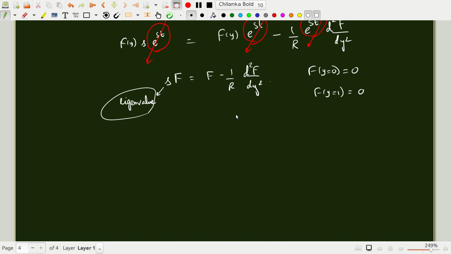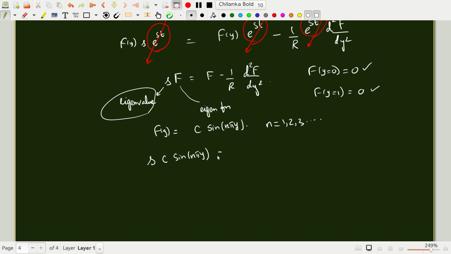You might as well guess the solution because you have the function f, which is the eigenfunction, which is satisfying homogeneous boundary conditions at 0 and 1. So you might anticipate that f of y should be proportional to some c sine n pi y. Okay. Now n is of course an integer 1, 2, 3 and so on. Right. So if I substitute this back here, what I will get is s times c sine n pi y is f is c sine n pi y